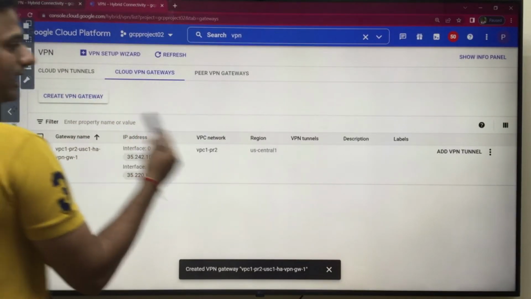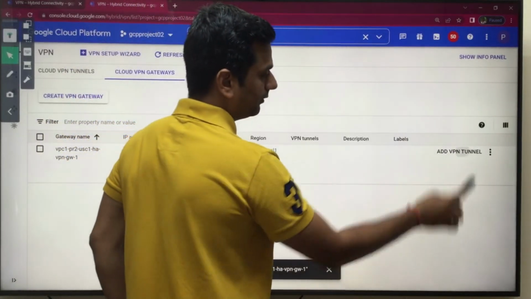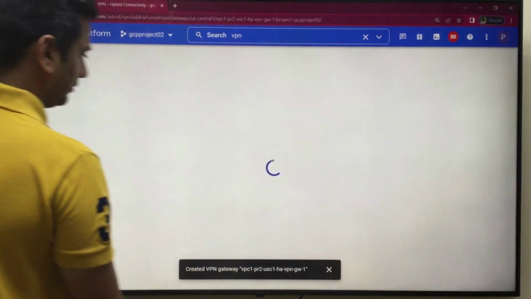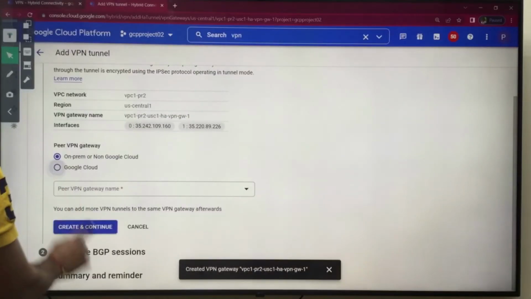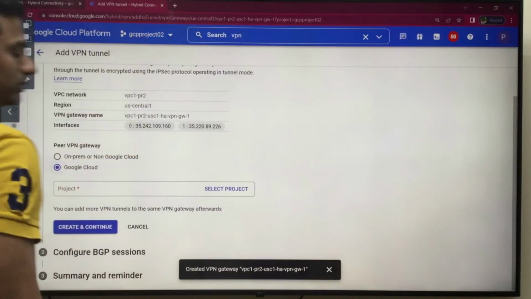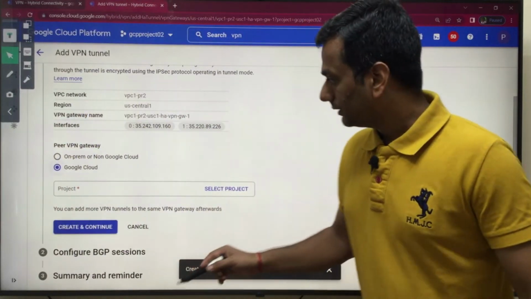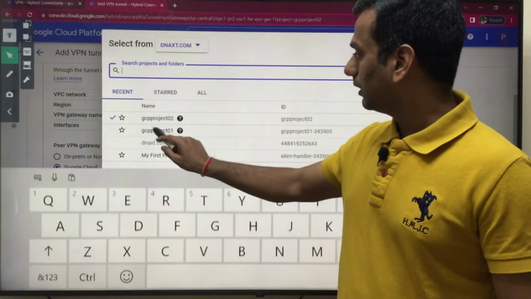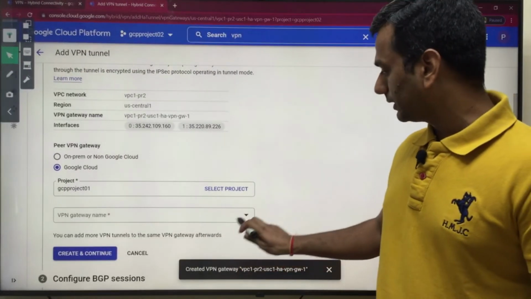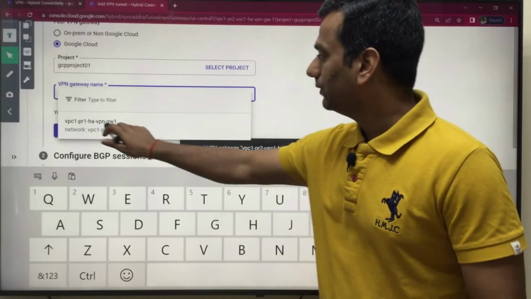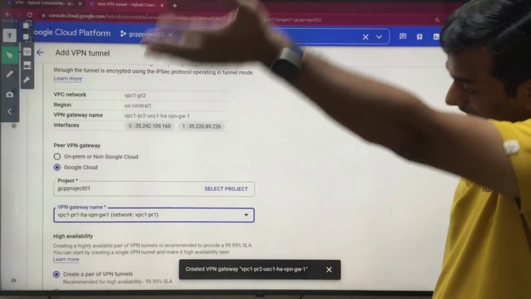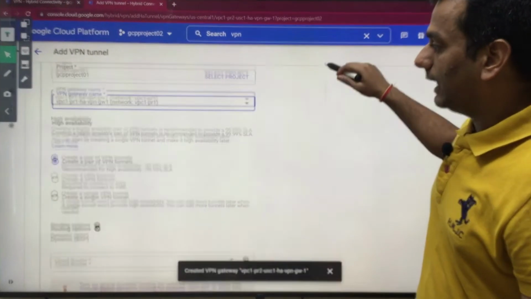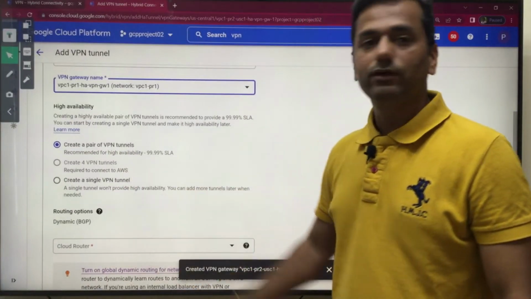Under gateway, add a VPN tunnel. Once you click on VPN tunnel, select the option Google Cloud. You are in project 2, so you have to select project 1. Select project 1, then select the VPN gateway, PR1 VPN gateway, project 1 VPN gateway. As a part of high availability, create a pair of VPN tunnels.